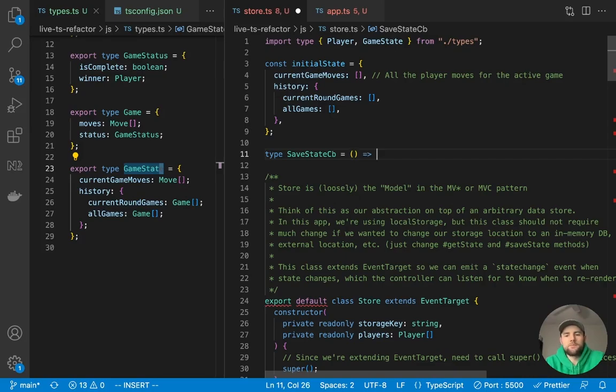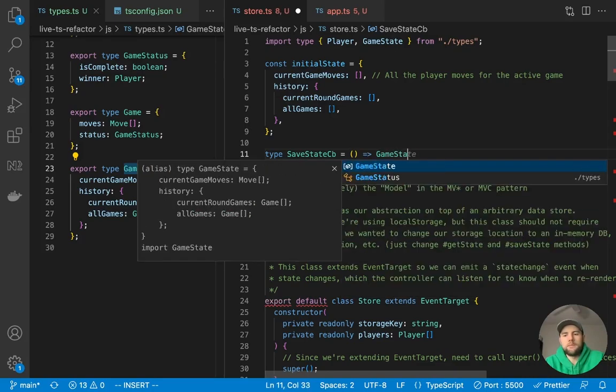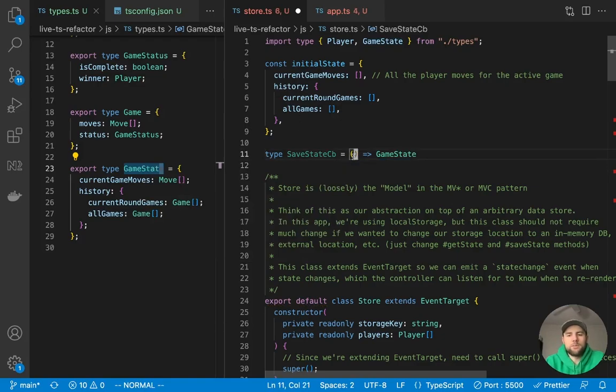So in this case, we want to return the game state, and we're going to pass the previous state, which is going to be a game state. I talked about this in the previous video when we did this build, but it's always nice in your save state function to be able to access the previous state so that you can derive the next state.